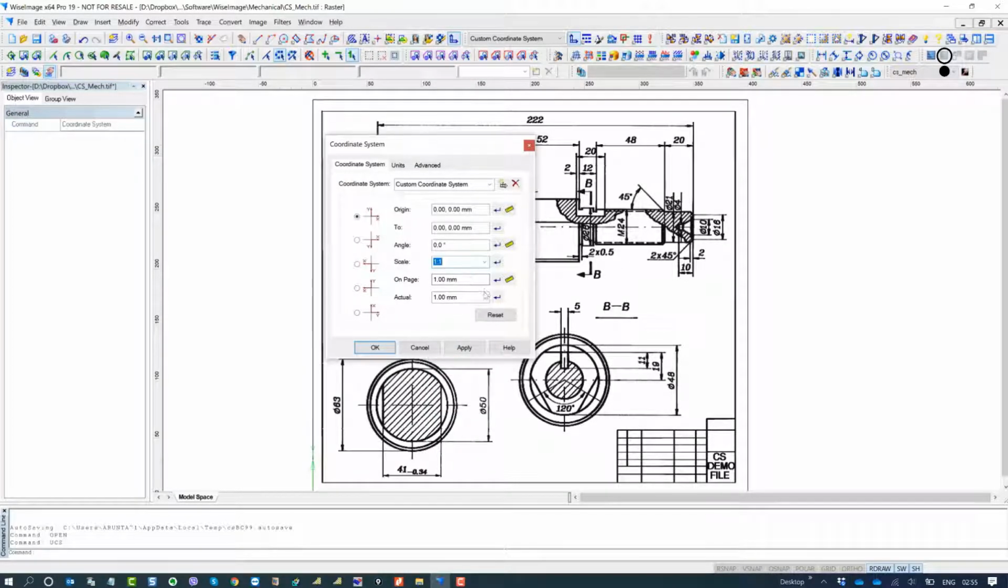Now if you want to set a custom scale, you can set it to something like 2, right? So on page will be 1 millimeter, but actually that is 2 millimeter. So this is the ratio you can maintain, and the scale will be custom, right? So now I am going to set this to 1, or maybe I can choose 1:1 for now and press